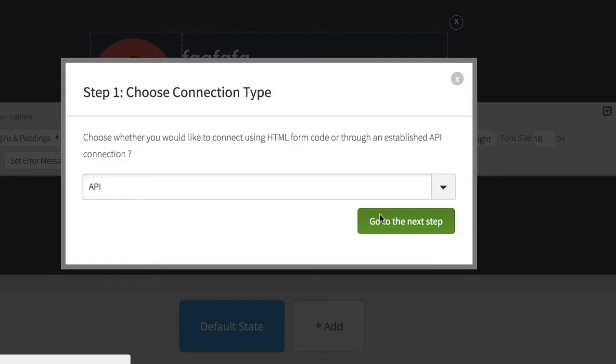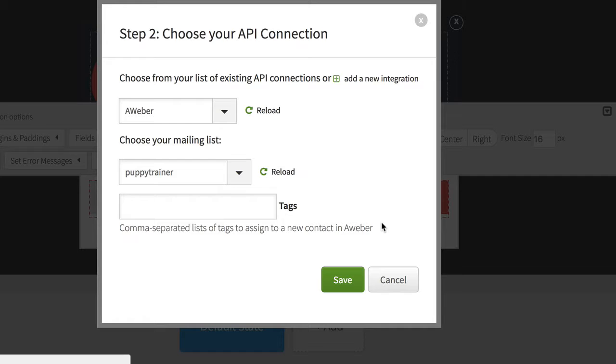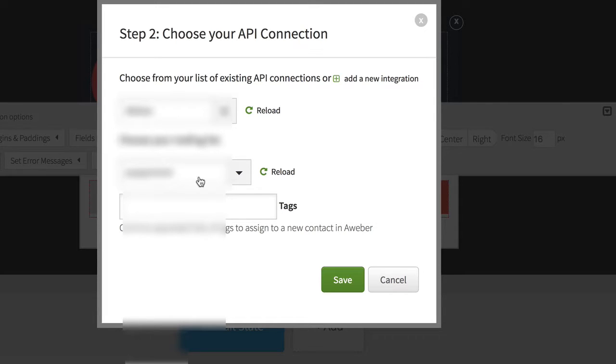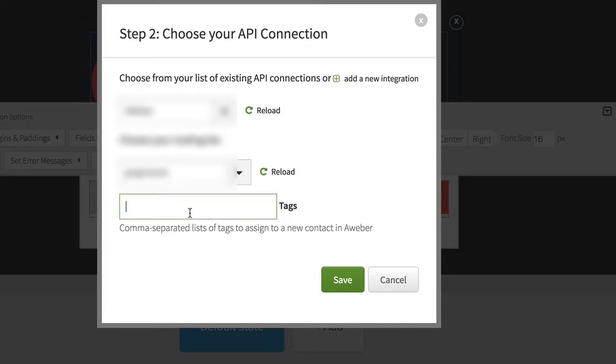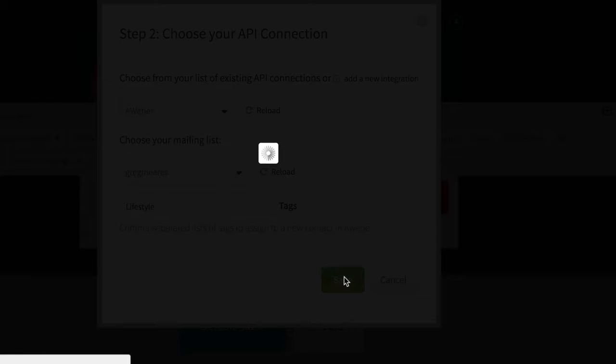But anyway, so you go ahead and I'm going to connect it to the API. And again, I'm going to blur out some of my information, but I have my AWeber, pick my niche, which is a list already set up, and then say the tag is lifestyle, right? So I save that,